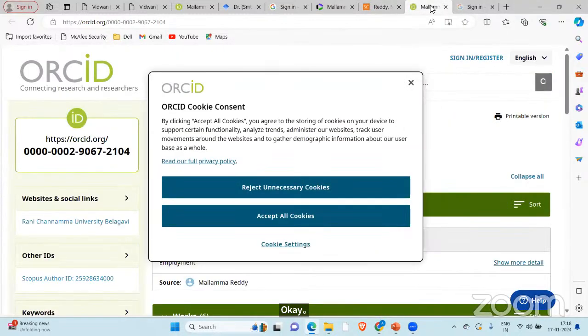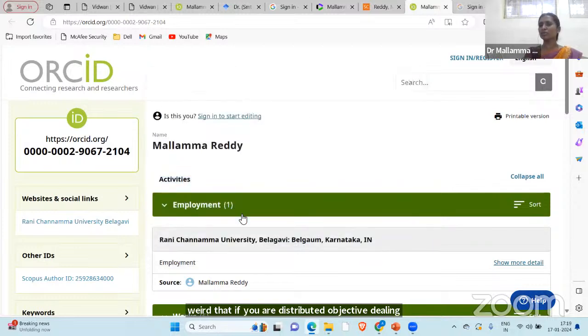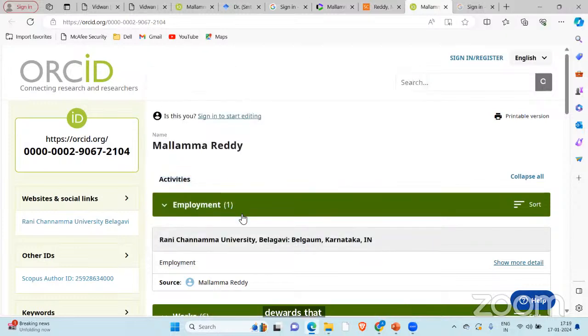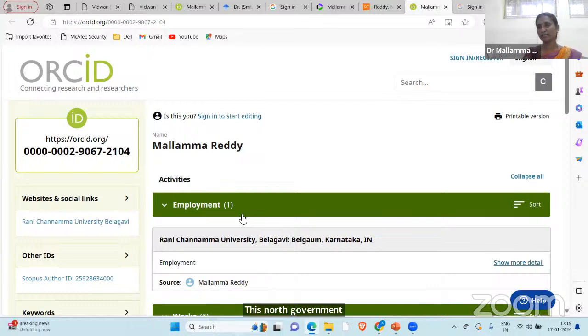So ma'am, will there be duplication of information or different information put in? No, see, it is the same information, but it is automatically taken by the others. If your digital object identifier DOIs are automatically taken, you need not upload there. There is no requirement of uploading. Whatever content you publish, as soon as you publish, it will reflect. So these are the different sources where the reader and the researcher can read your research work.